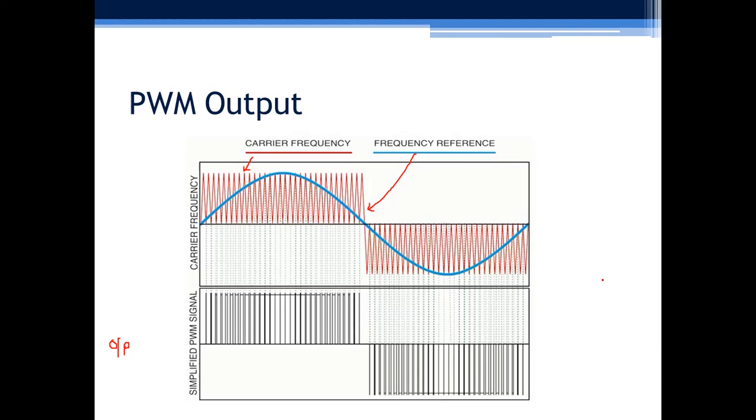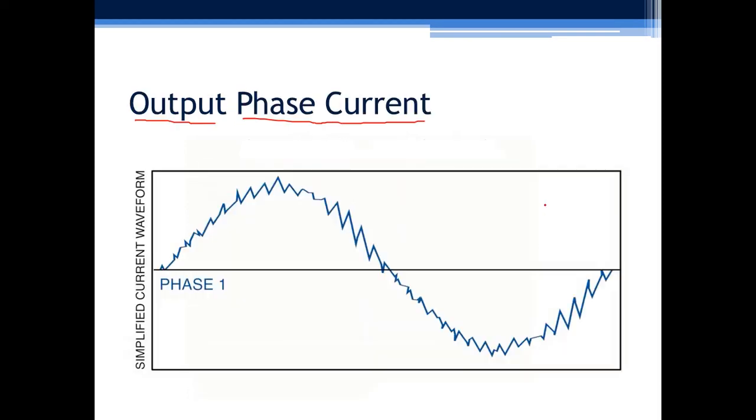Using this we can get the required voltage. The required voltage is a function of the duty cycle. If we change the conduction time of the switches, that means if the duty cycle is changed, the voltage can be changed, and if we change the frequency of this modulating signal, we can change the frequency of the output signal. This is nothing but the output current of any phase. The other phase currents are similar in nature except for a 120-degree phase shift. So we have understood the operation of the 3-phase PWM inverter induction motor drive. Thank you.